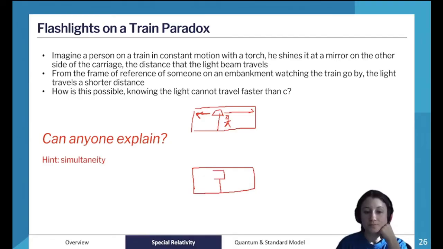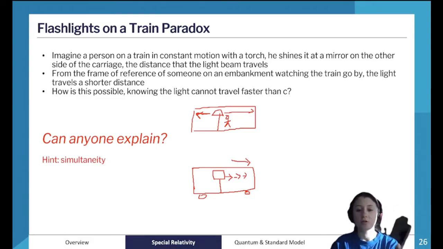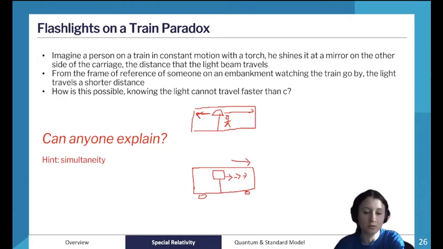Alright. What else are they going to see though? The train is moving at close to C. So the light coming out of this end of the lamp is almost chasing this end of the carriage, because the carriage is moving away so fast, it's almost as fast as the light itself. So this side of the light is almost chasing the carriage because that side of the carriage is moving so fast. But the light here